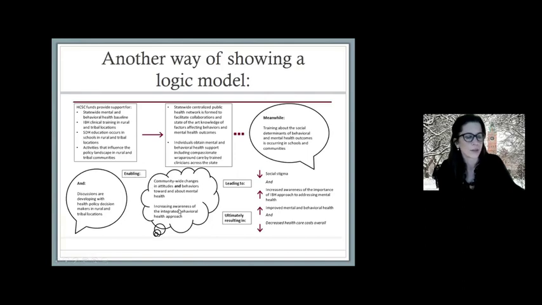And this would enable this thought bubble over here, which would be community-wide changes in attitudes and behaviors toward and about mental health, and increasing awareness of the integrated behavioral health approach. This would lead to reductions in social stigma about integrated mental health care and mental and behavioral health challenges, an increased awareness of the importance of the integrated behavioral health approach to addressing mental health problems, improved mental and behavioral health outcomes, and decreased healthcare costs overall